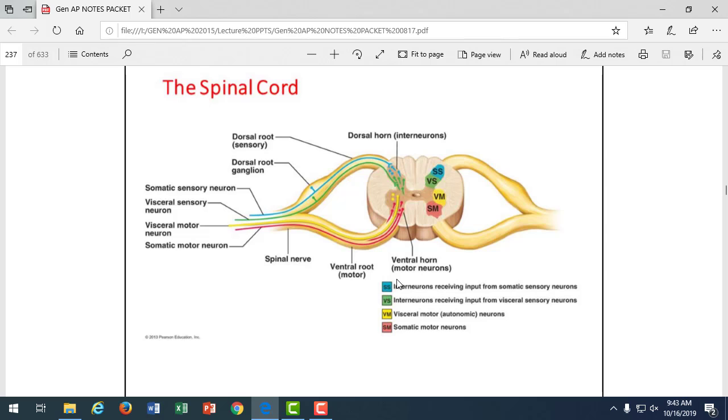So let's go back to this page in your notes, looking at the spinal cord. So the spinal cord has nerves coming off of it. So here's the beige round structure, the spinal cord, and then it has a nerve leading to it, but the nerve is actually out here. It's kind of like a two-lane highway. Look at, there's 4 different neurons. See, these are axons here. 4 different axons carrying different types of information, all passing through the same spinal nerve. So a nerve is a collection of axons extending away from the brain or spinal cord, part of the peripheral nervous system. So we can see this is a mixed nerve, mixed meaning there's sensory neurons in there and